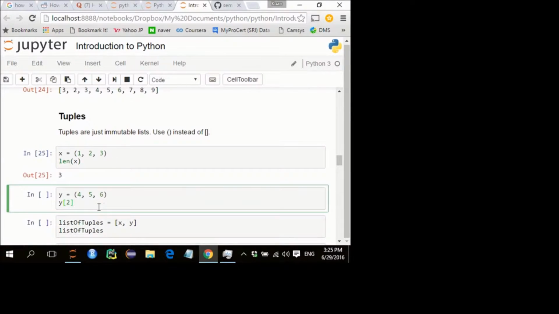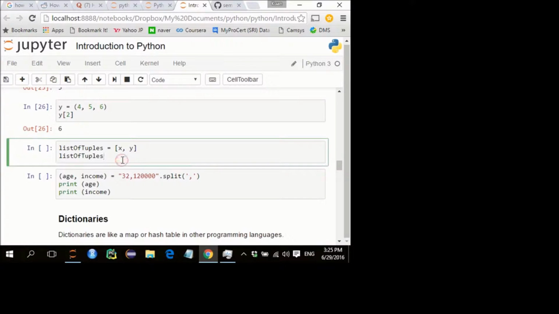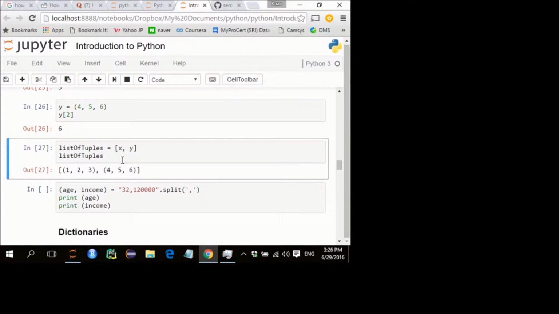Okay, now you have Y: 4, 5, 6. If you slice Y, so Y2 is what? Y is 4, 5, 6, so Y2 is 6. Remember, Python starts with index 0. Okay, so Y2 is 6. Then you can create a list of tuples. You can combine two tuples together, so you get 1, 2, 3, 4, 5, 6. Okay, so why do I say